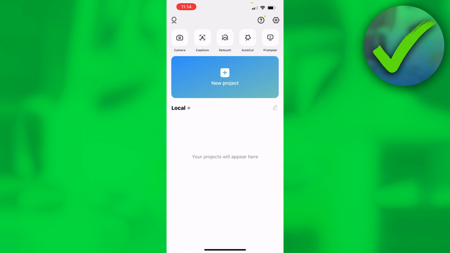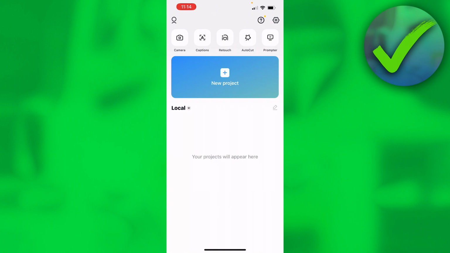How to find CapCut templates on TikTok and more, or other places, or whatever you want to call it. That's what I'm going to show you guys in this very quick video. The first thing that I'm going to do is, well, I'm here in CapCut, but unfortunately, I don't really think